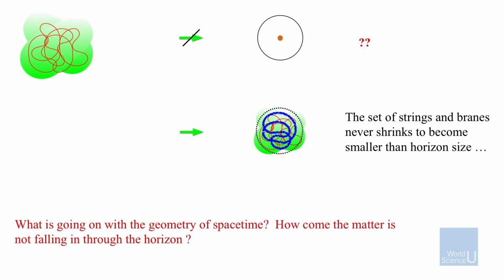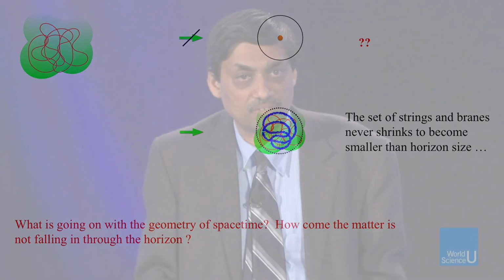So what actually turns out, when we start looking at these calculations in string theory, we found that instead of actually going down to a point, the energy actually goes into stretching those guys. And as they stretch, they become big. And the way the numbers turn out, the size to which these objects become is just comparable to the size which we thought this entire horizon would have. So they're not shrinking. Somehow in string theory, you are not getting the black hole. Well, let's explore the structure of this a little more.